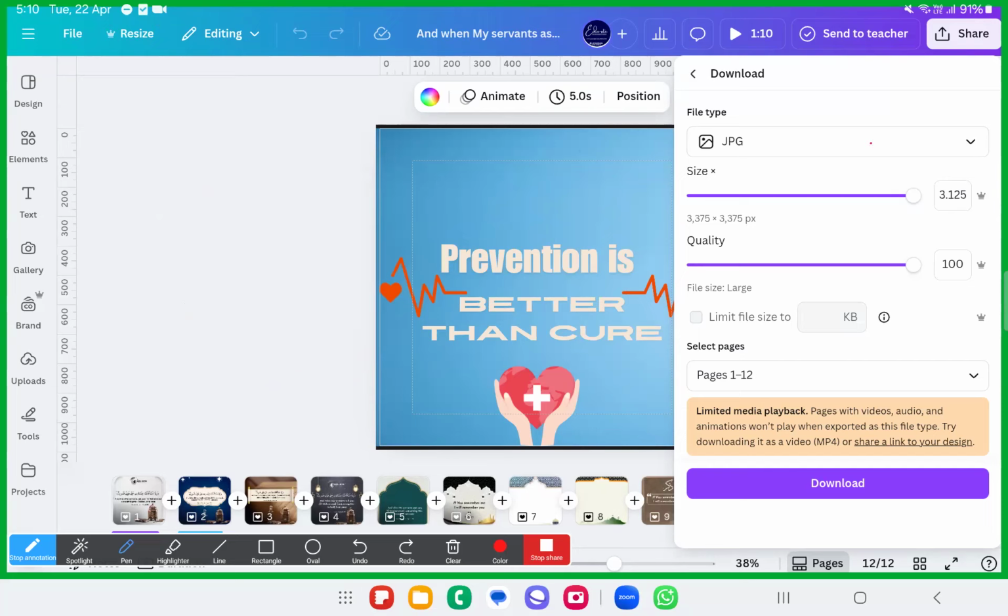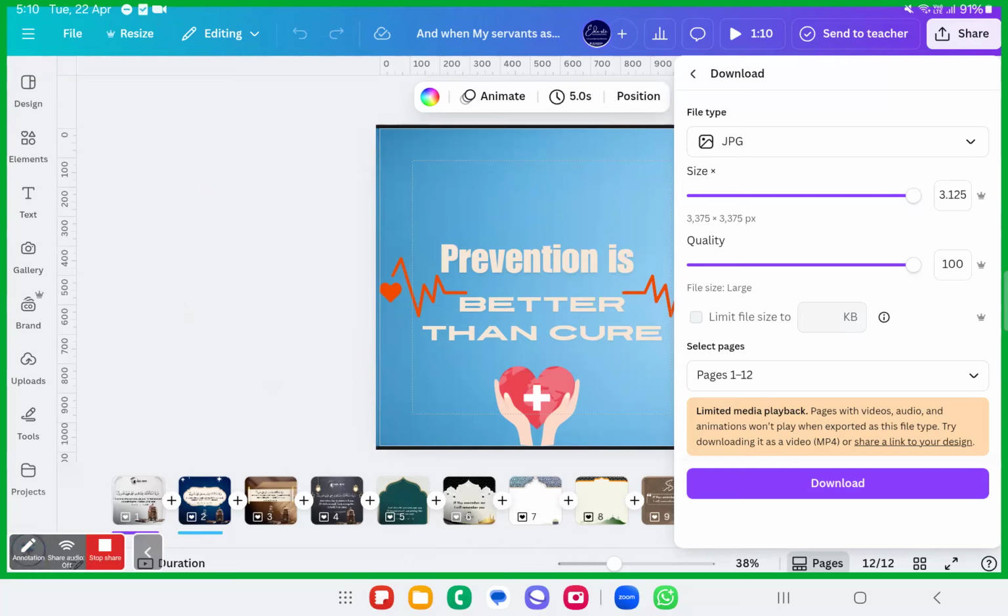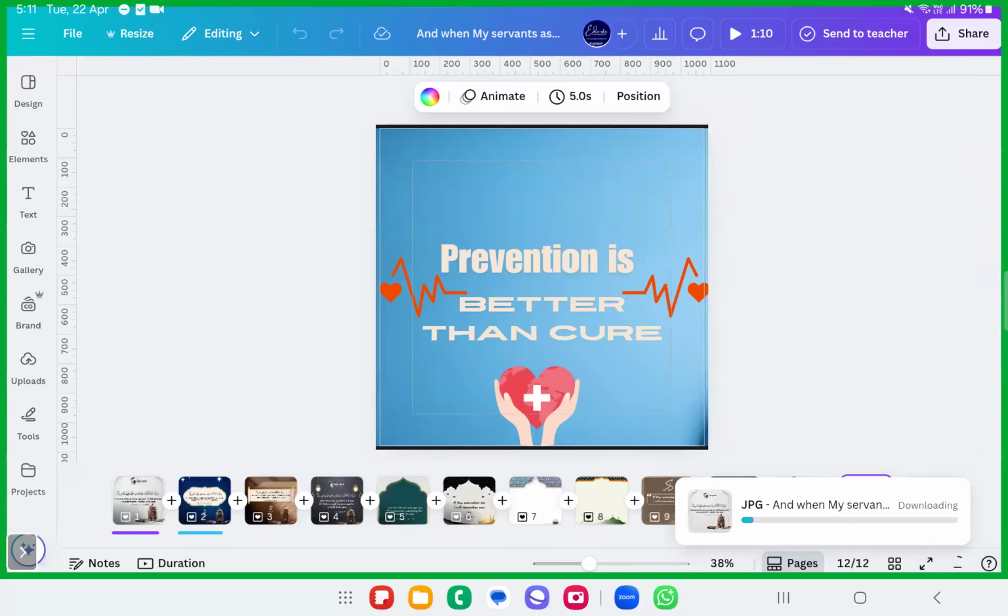So I'll just export it. How to export it? Best for sharing, JPG. Okay, in the JPG format, with an increased quality and increased size, I'll just download it. Okay, within seconds it will be downloaded. Done. Okay, come on, do this activity with me.